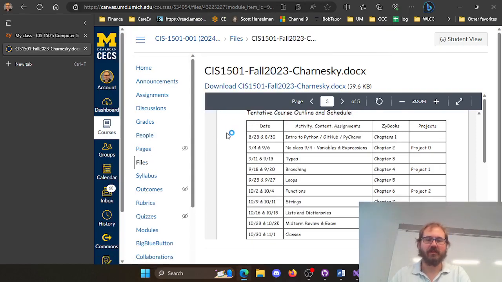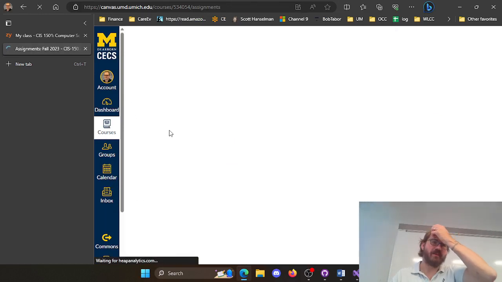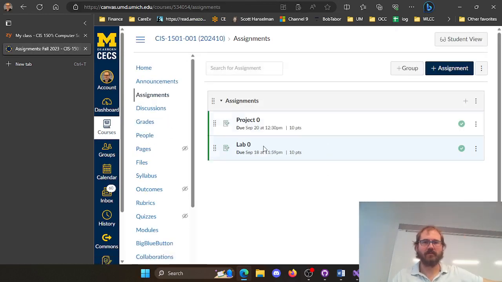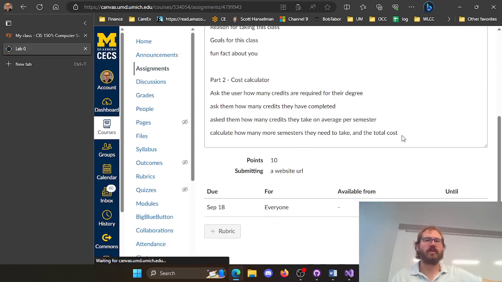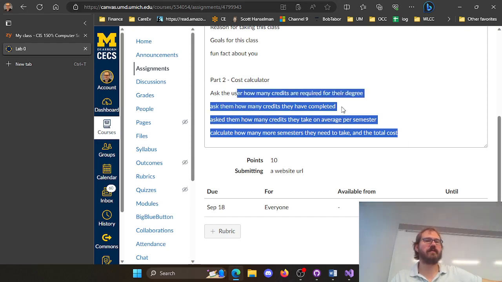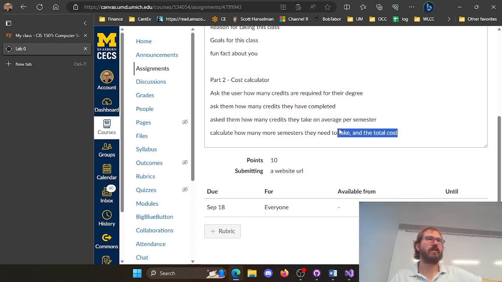So let me go and fire up PyCharm here, and we'll go grab that lab assignment. I think part one was easy, right? That was just a bunch of prints, no big deal there. But part two, how many credits, how many more you needed to take was the rounding bit, right? That we needed here, and then the total cost. Now, total cost, I think we were just computing